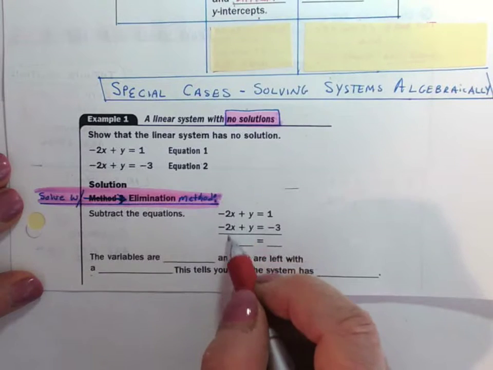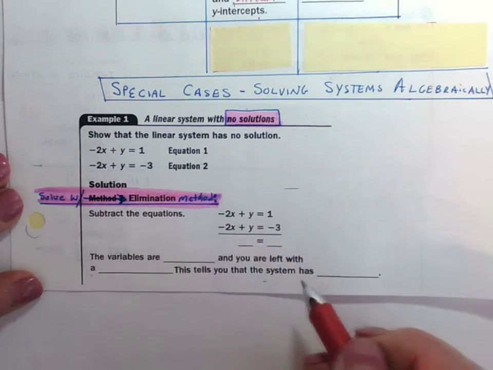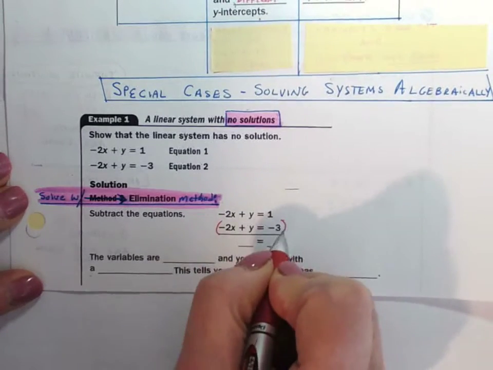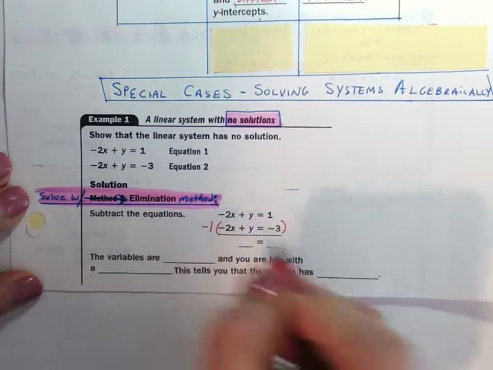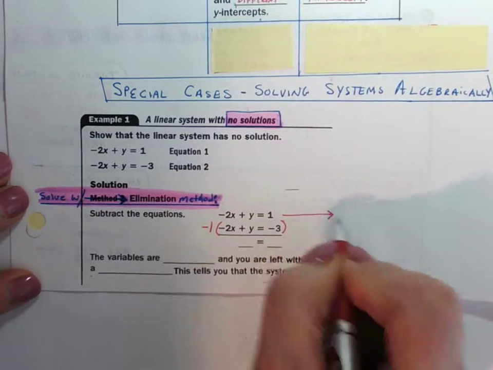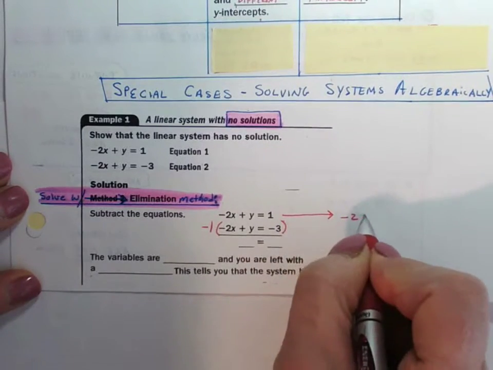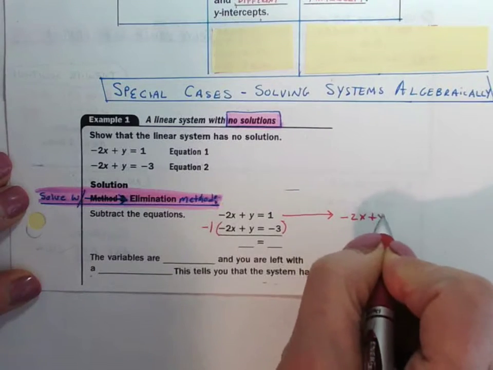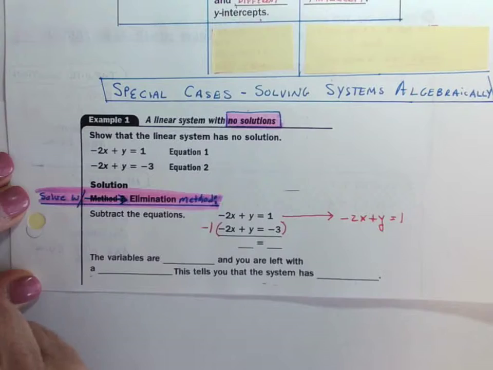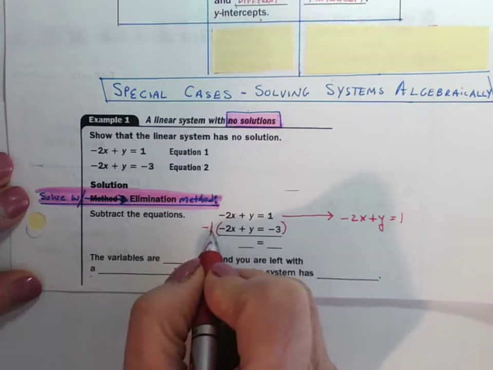So in order for me to solve this with the elimination method, I have to multiply one equation by -1. So I bring this equation over. I get -2x plus y equals 1. And then I take the -1,